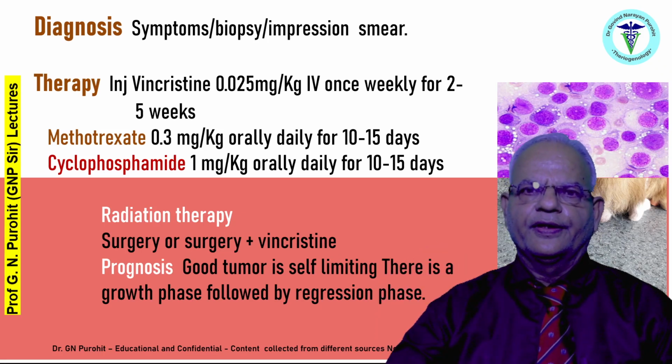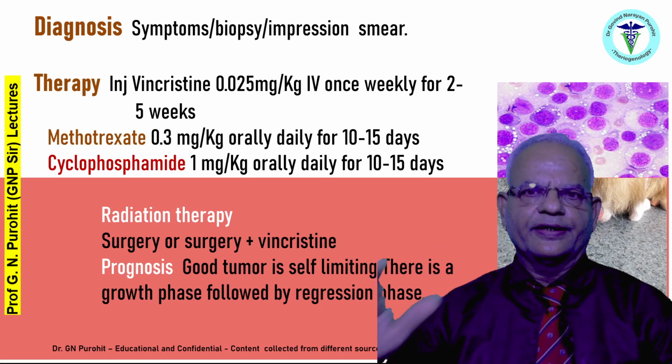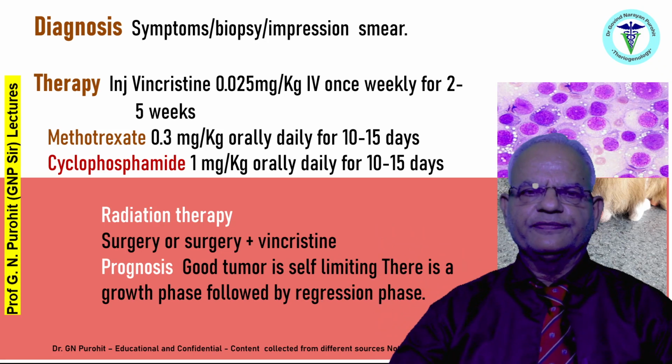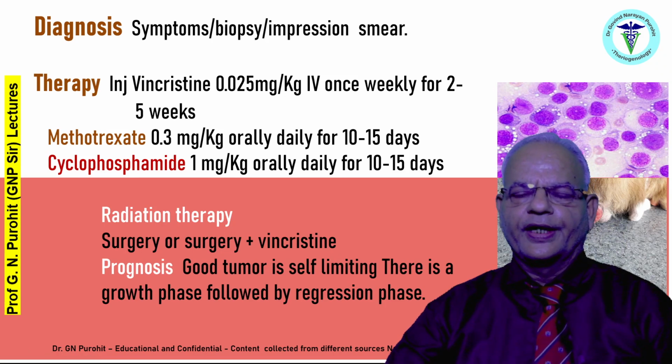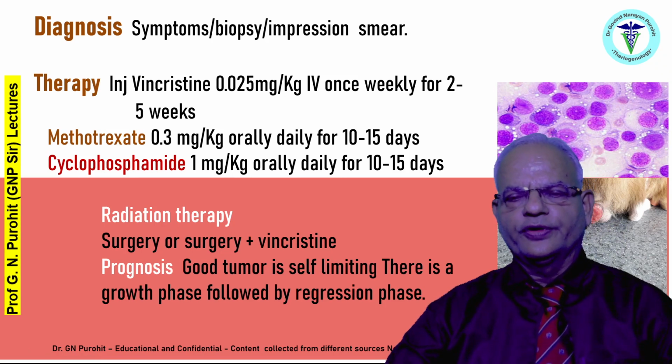The diagnosis can be confirmed by symptoms, biopsy, or impression smears. Take a smear directly on the slide, dry it out, stain it with Giemsa, and observe under microscope. You will find round cells because TVT is also known as the round cell tumor. And therapy would include the administration of